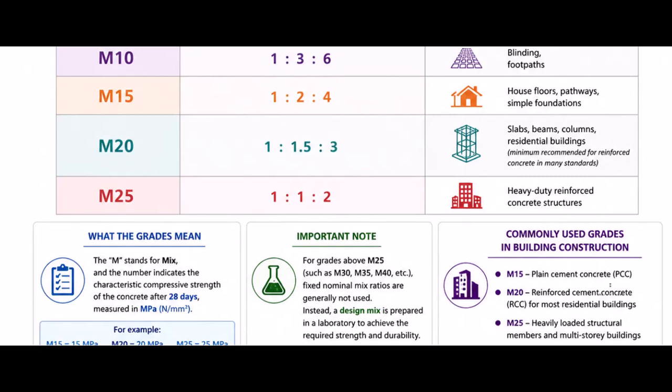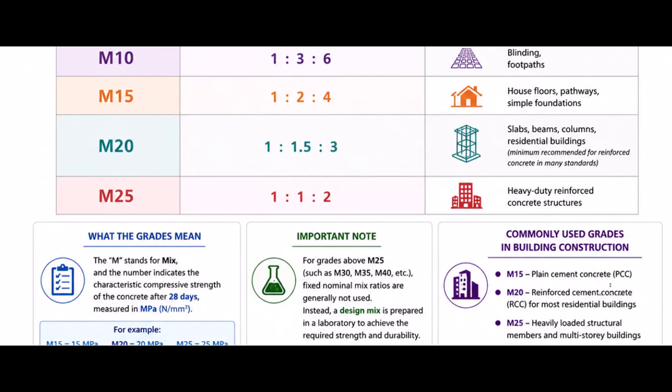The next one is M25, whose nominal mix ratio is 1:1:2, and it is typically used for heavy duty reinforced concrete structures. Now, some of you may ask,